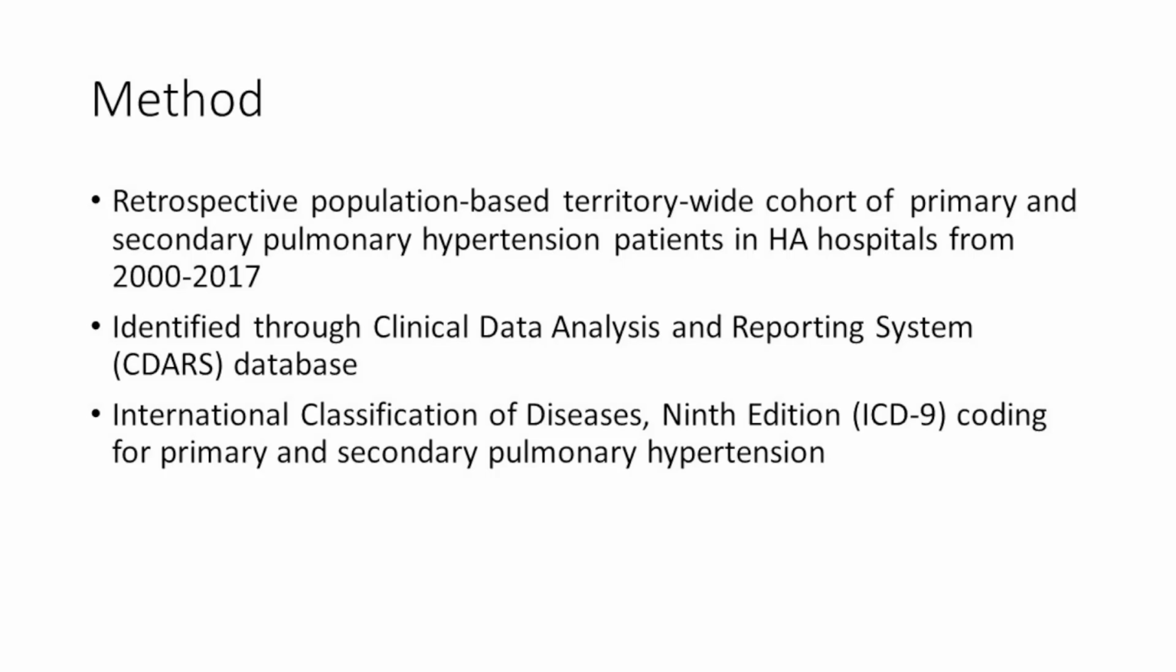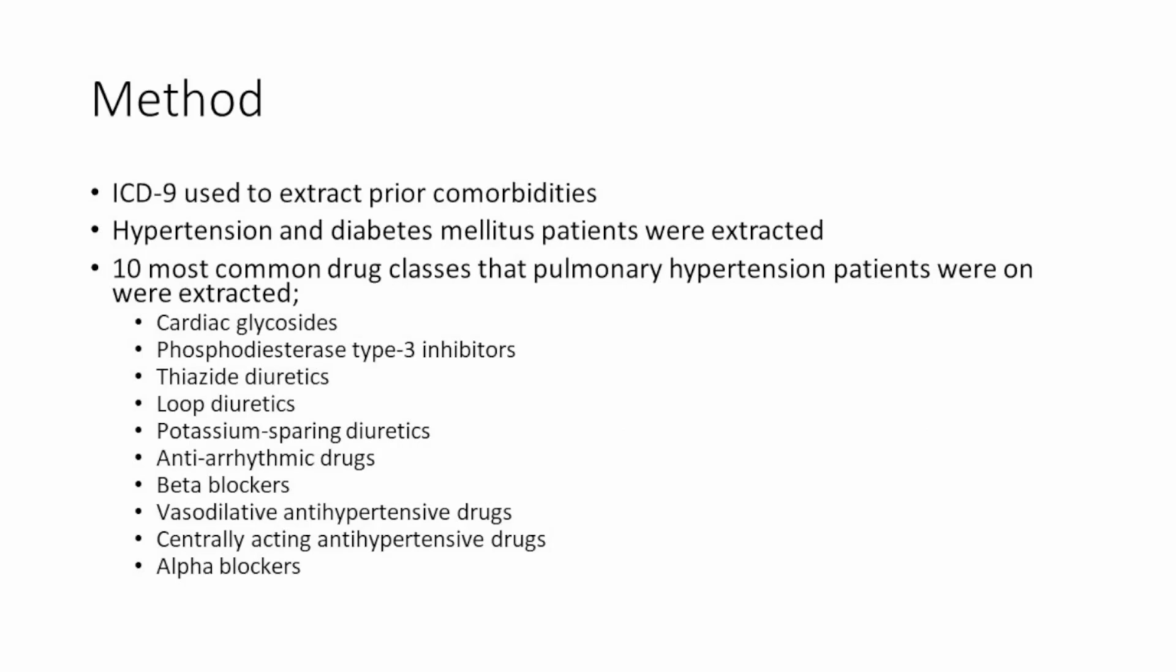a specific coding system that we used to define the patients with pulmonary hypertension into primary and secondary pulmonary hypertension, and this was the ICD-9 coding. So the way we defined it was patients either had primary or secondary pulmonary hypertension according to the ICD-9. We also use the ICD-9 to extract other comorbidities, and also we use that categorization for other things like hypertension,